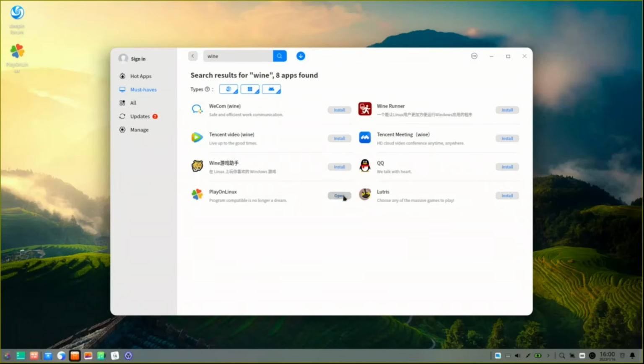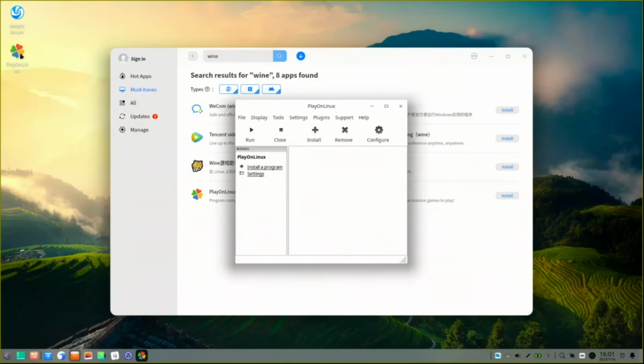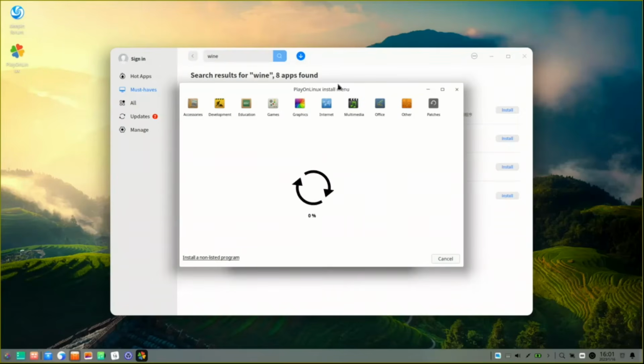and it is installed, if I open Play on Linux, notice here we cannot use all of these because these will not install Wine for us. I think there's a different Wine they are concerned about. This is if you want to run any Wine application, or let's say Notepad++ or any other Windows desktop, you have to do it from Play on Linux. Okay, we have an icon here, and of course here if you want to install any program, it has an install menu here.